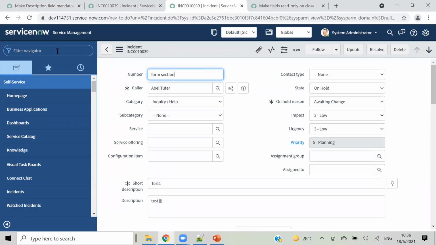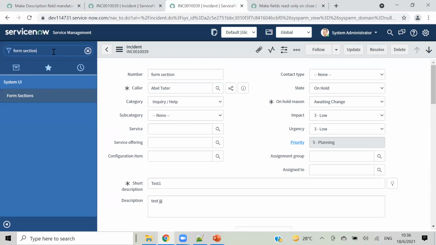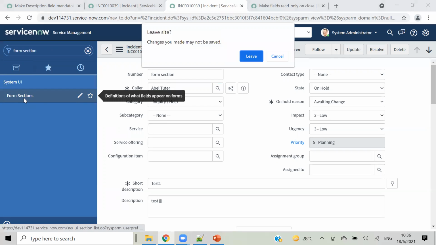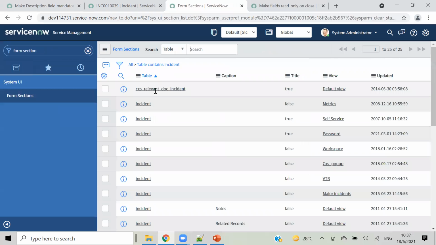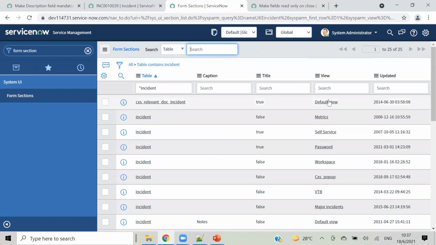Form section, sorry, form section. Okay, on table incident and on default view.